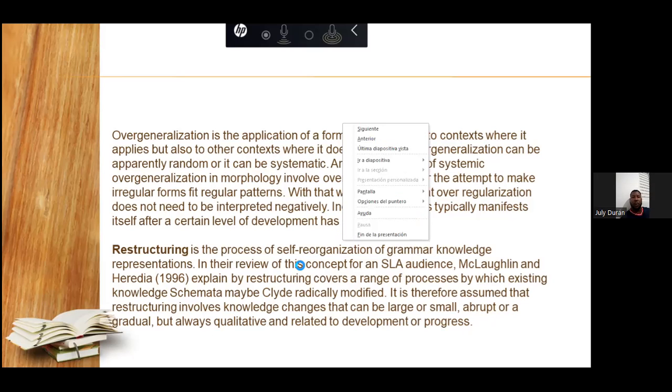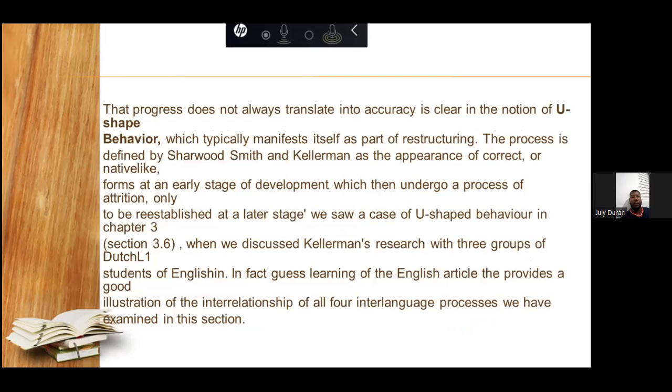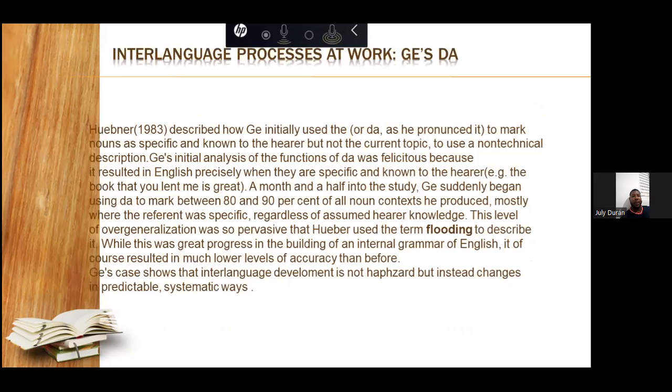My name is Julie Duran, and I will continue with the next two topics. The first one is development as variability and systematicity. We have the case of George's negation. George was born in Bogota, Colombia. At the age of 12, he and his family moved to Boston. He had had only three months of private English class when he went to Boston.